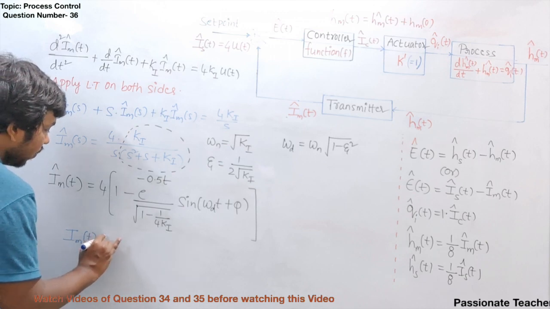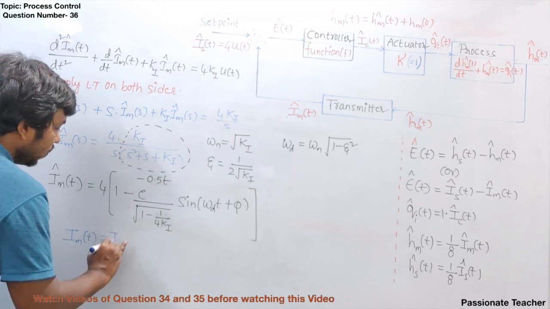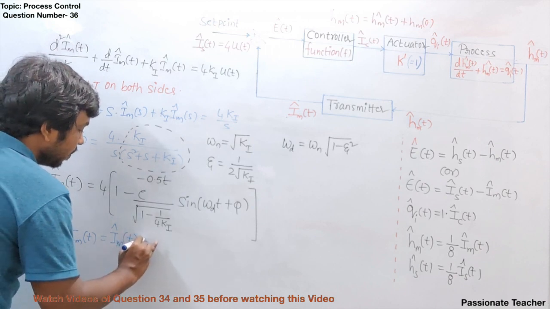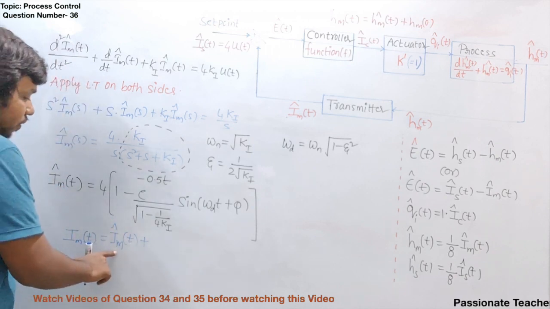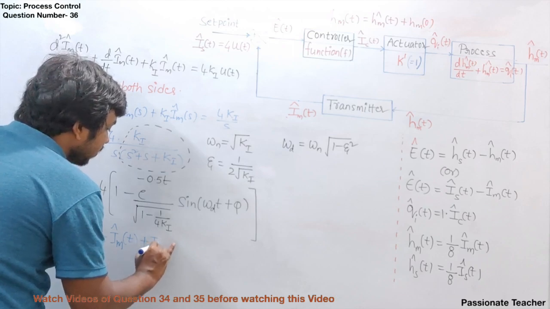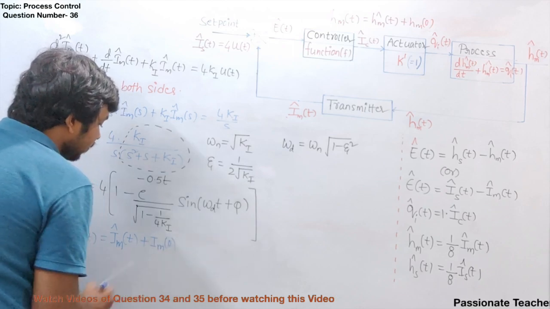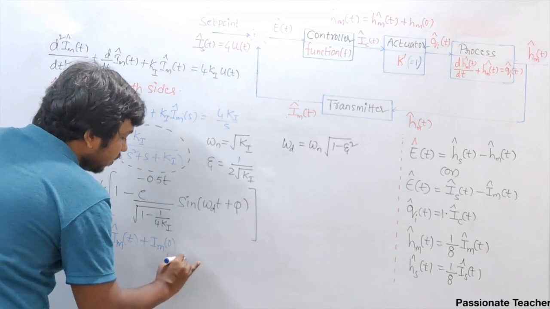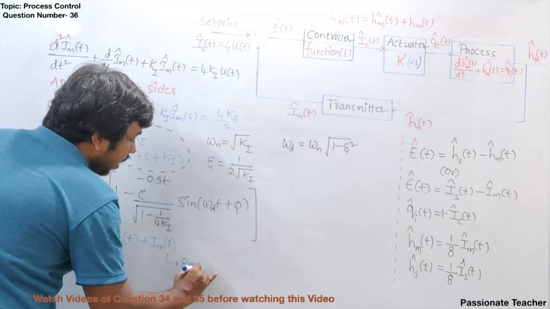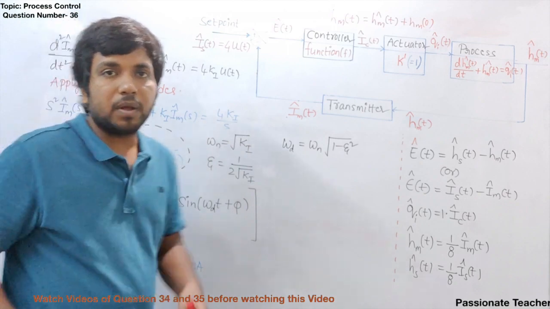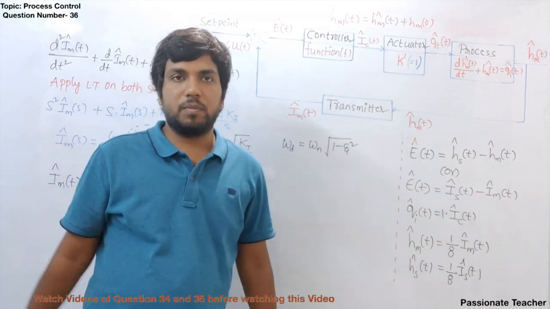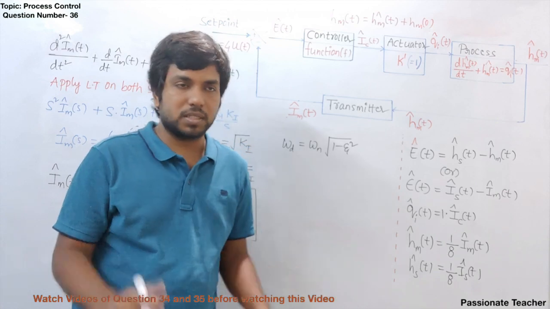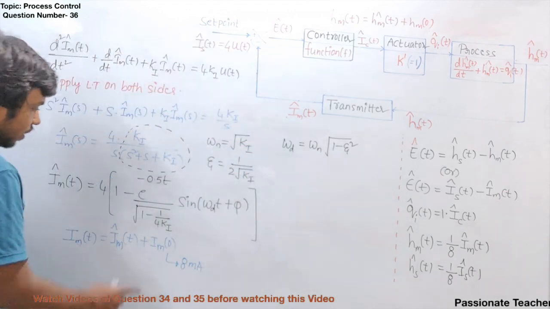What is Im of t now? Im of t is equal to Im cap of t, that is the deviation in the transmitter current, plus the initial value of the meter current. Initial value of the transmitter current is how much? Im of 0, right? So this Im of 0, we already know that this will be 8 milliampere. I have been discussing this for the last 3 videos, because as I said, if you have not listened to the first 2 videos, you won't understand this one, 8 milliampere, right?